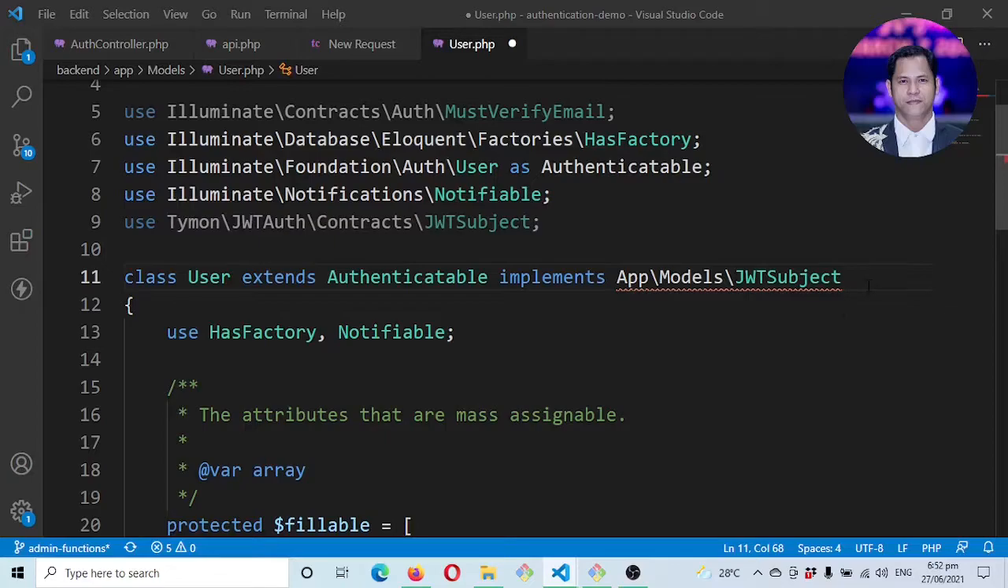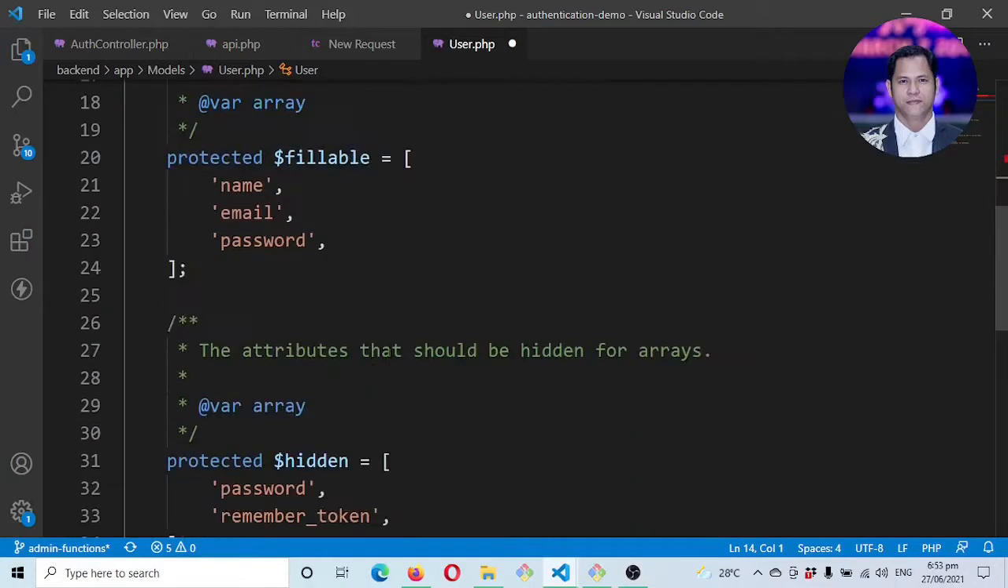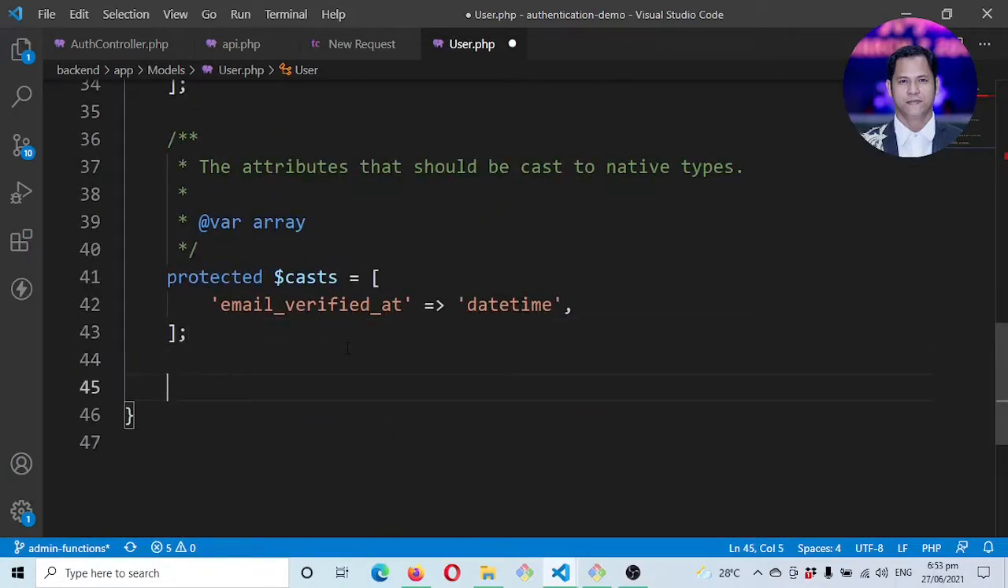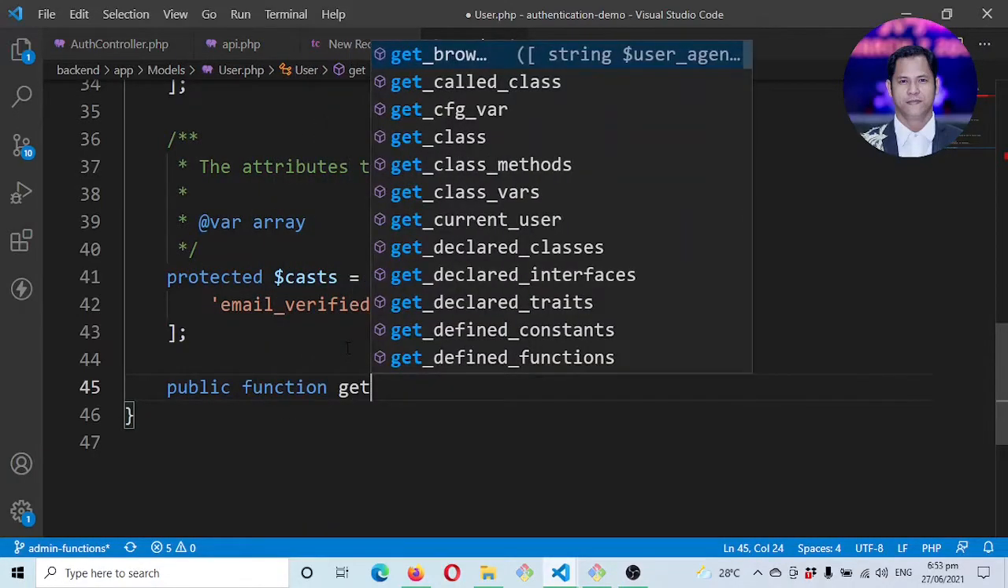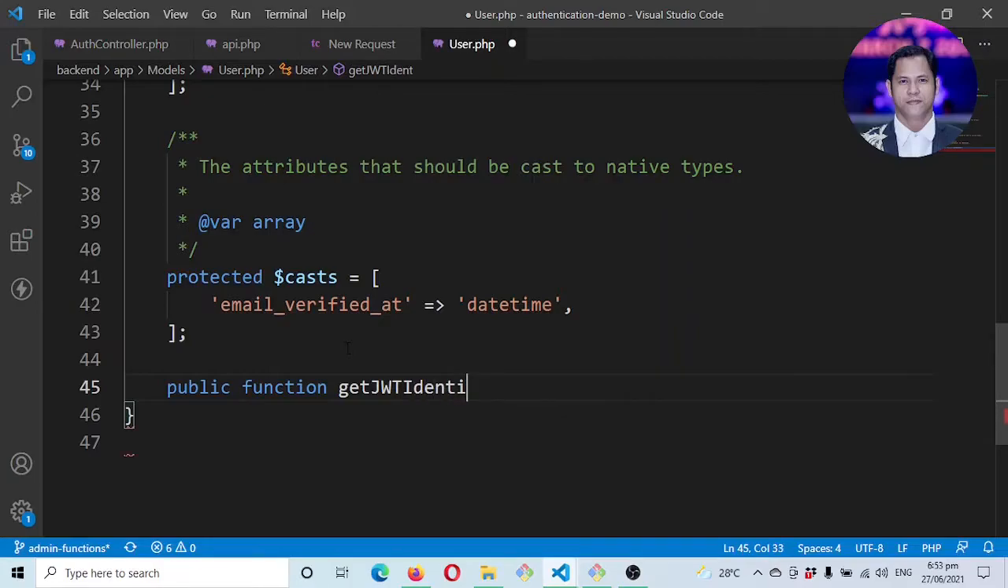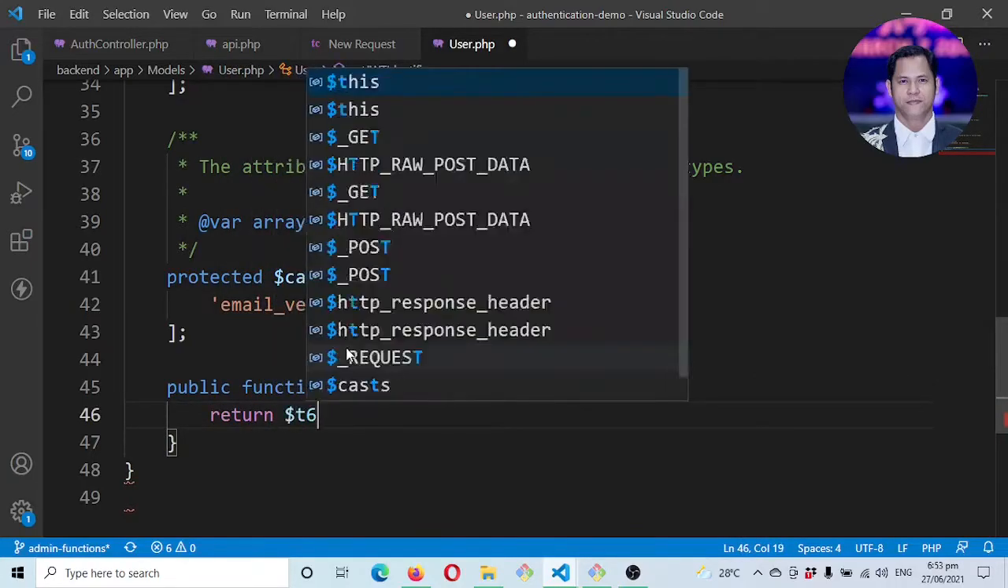When we implement a contract to a class, we need to apply the methods that are required for that. And those methods are, get the JWT identifier, and so on. Actually no suggestion, but we'll just write it down here to say public function getJWTIdentifier, and we'll simply return this